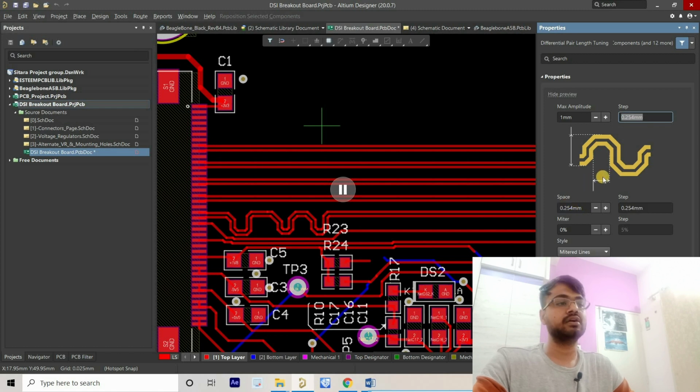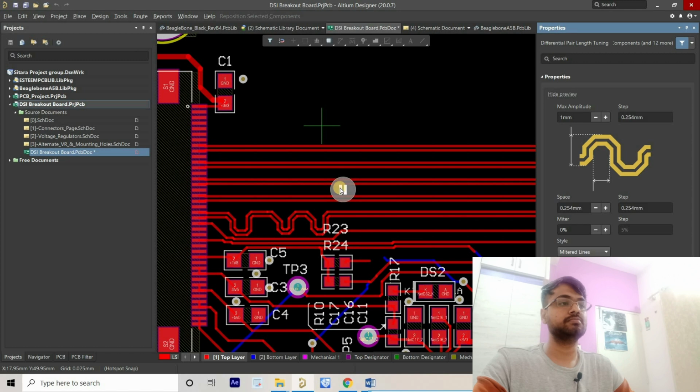Now we have another section which is space. So space is this one, and this is the step for space, right? And you can add tolerances here, but we don't need to fill those. So just change these things, like by default it is 5 mm, which is really big amplitude.